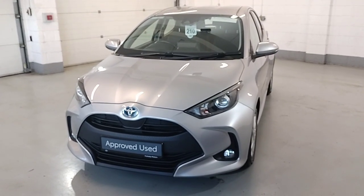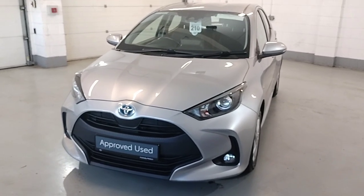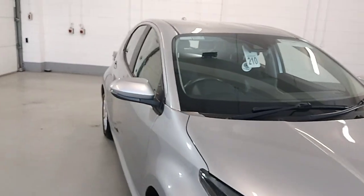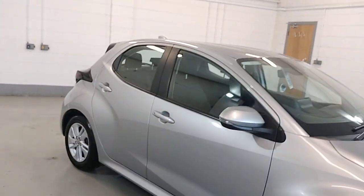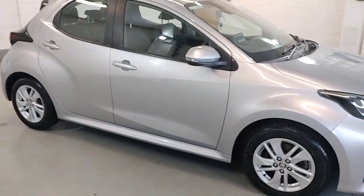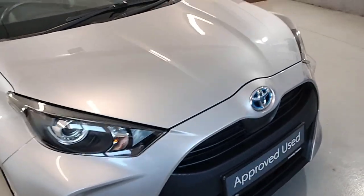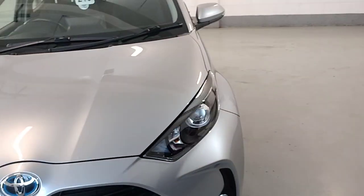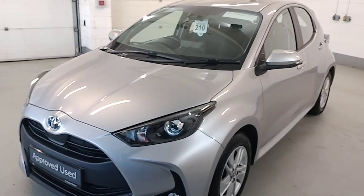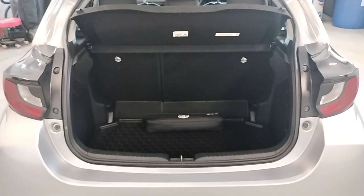Just like to show you our 231 Yaris Hybrid Luna model, finished in ultra silver. Comes with electric windows, electric mirrors, central locking, tinted glass, alloy wheels, bodywork in super condition, front fogs, spacious boot with safety kit, protective mat supplied,